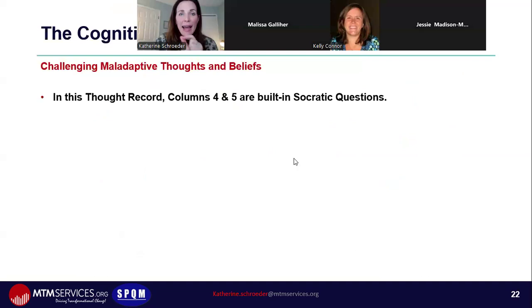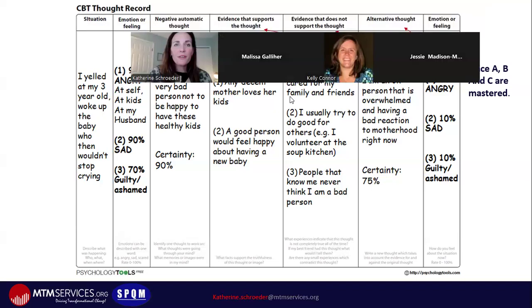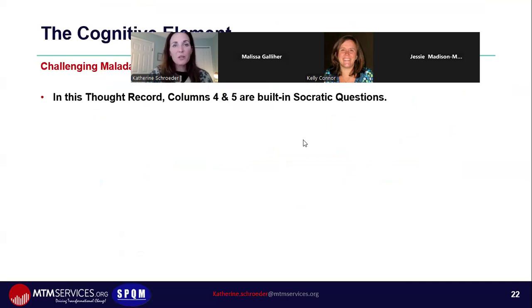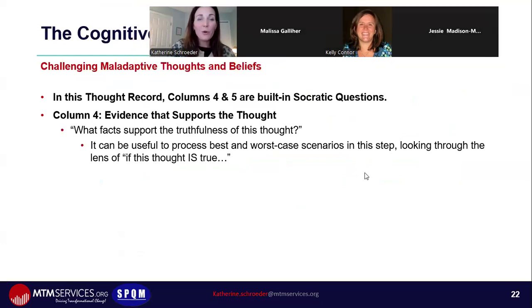So this is going to lay out, in this particular thought record, what these next columns are all about. That fourth, fifth, sixth, and seventh column, what those are each about. In this particular one, they build in Socratic questions, which is also why I like this one too. Columns 4 and 5 are Socratic questions. Again, Socratic questions are disputations, right? Or they can be. So column 4 is going to look, using Socratic questions, at evidence that supports it. So it's not disputing it, but it's saying, hey, is there anything out there that says this thought